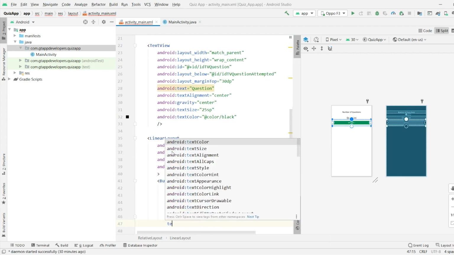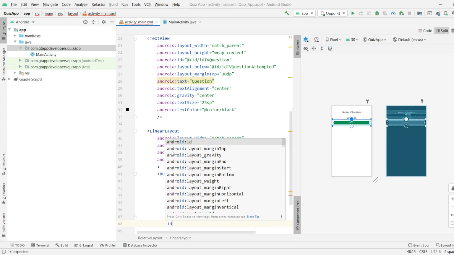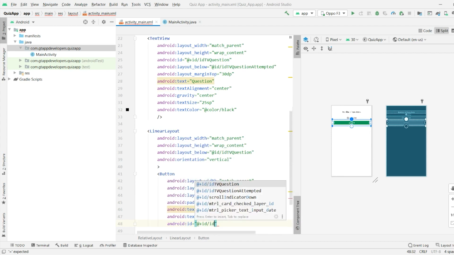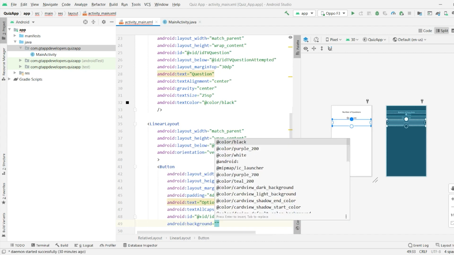We will specify text all caps as false. Specify ID as, and specify background color for our button as.